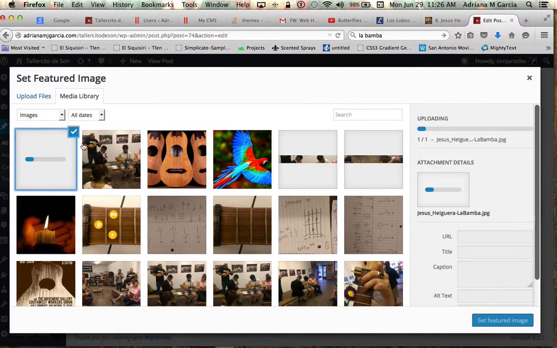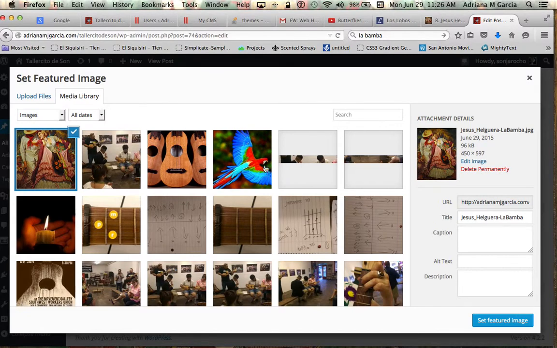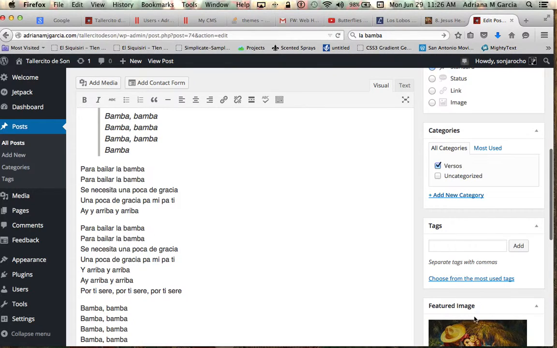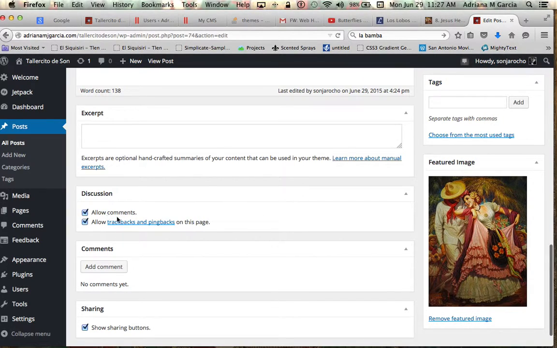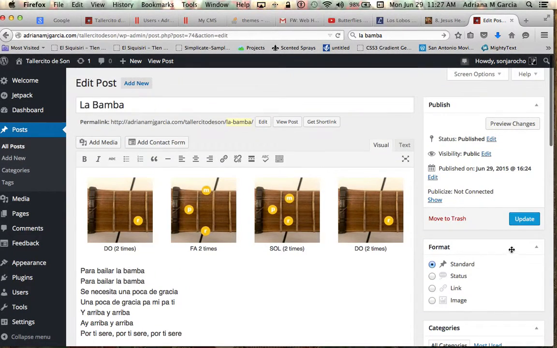I'm going to open it, and it'll upload that image to the image library that I have for WordPress. And I can change the title, and I can put a caption on there if I want. I'm going to set that one as the featured image, and you'll see that it shows up right here. Now, if you want people to comment on it, this is where you would write comment and sharing buttons. We'll talk about that a little bit later. So now when I update,